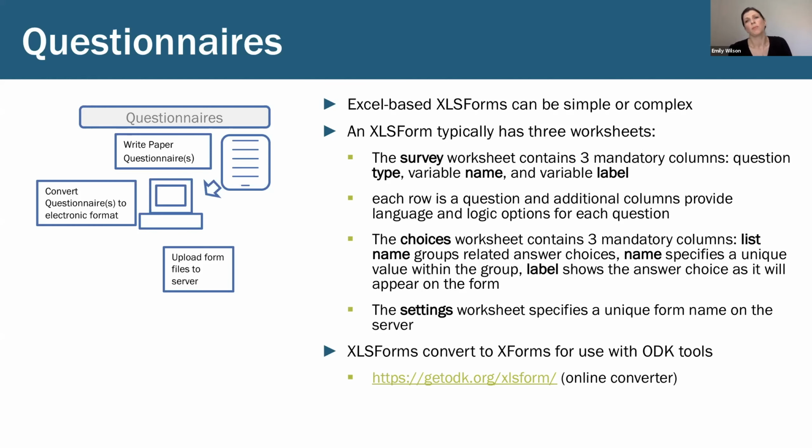Typically, some of the rows might be ancillary operational things that you don't have in your questionnaire, such as trying to calculate the number of eligible women. And then the choices worksheet is made up of 3 columns that have to be there, plus additional options if you wanted to make your survey bilingual or trilingual. The choices worksheet is basically the response options for the